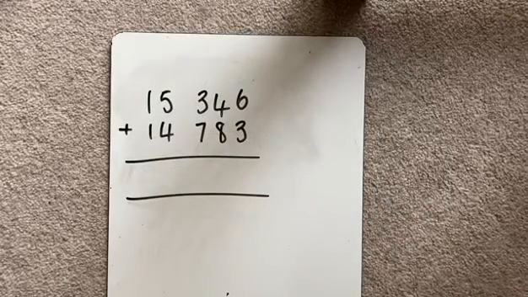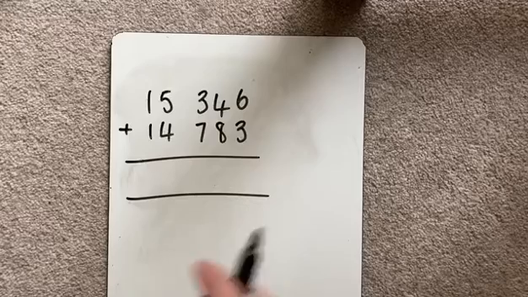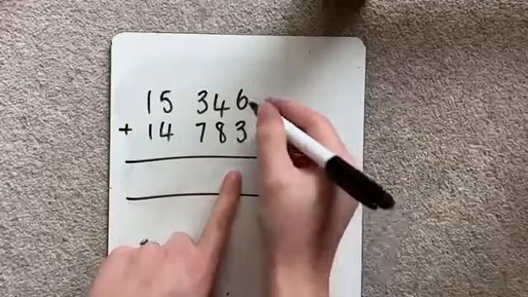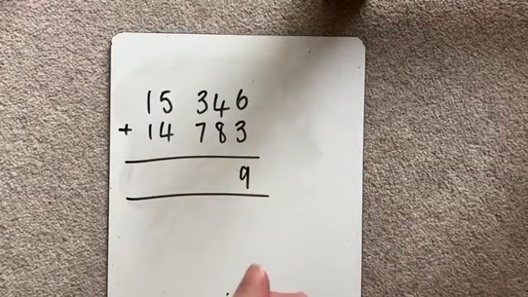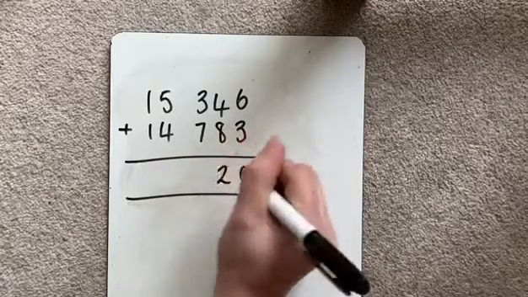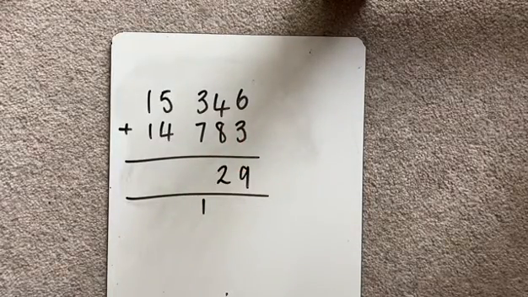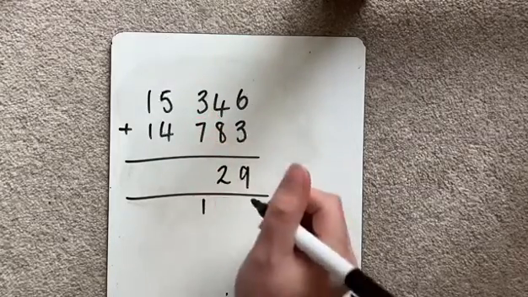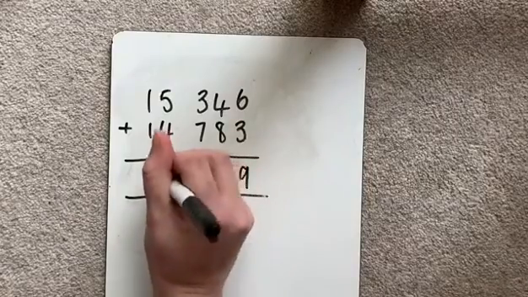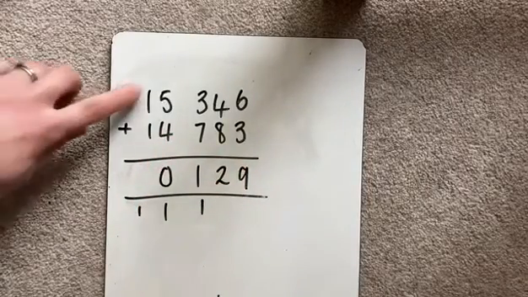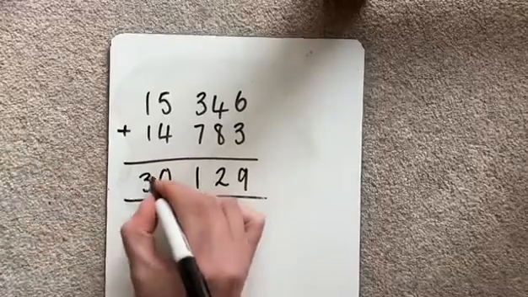Okay, then we had some more column addition here. We had the numbers 15,346 add 14,783. So again, we're going to start with the lowest value numbers. 6 add 3, which is 9. 4 add 8, which is 12. So we put the 2 and carry the 1. 7 add 3 is 10. Add that 1 makes 11. So we put the 1 and carry the 1. 5 add 4 is 9. Add 1 more is 10. So we put the 0 and carry the 1. And then we've got 1, 2, 3. So hopefully you got